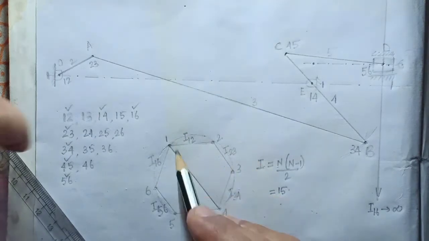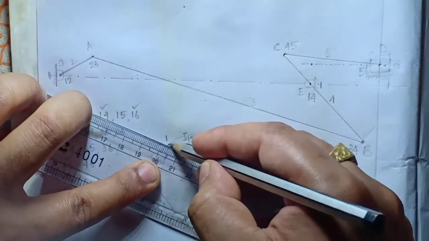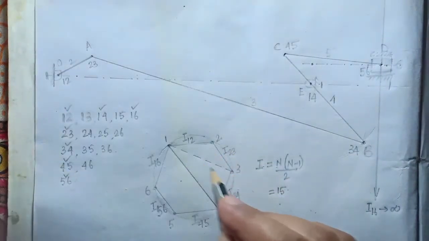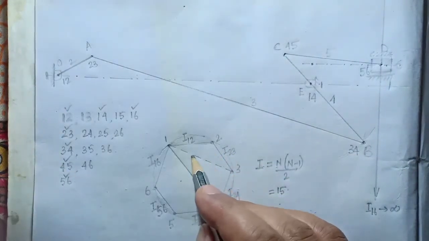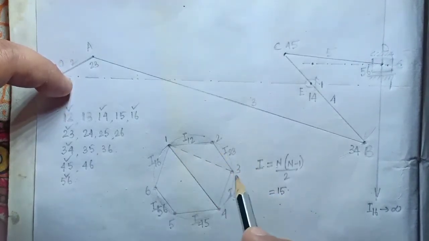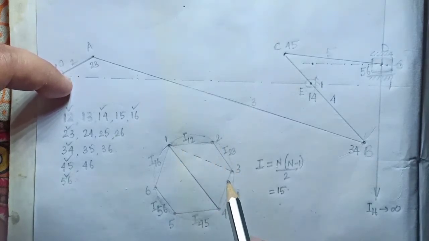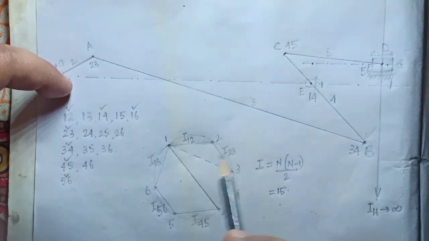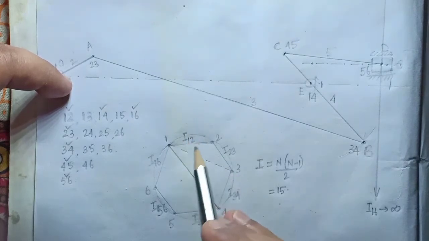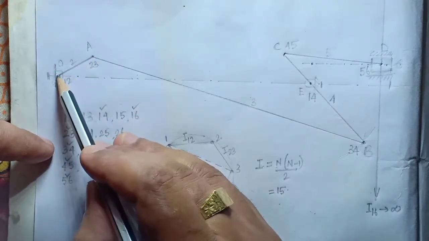Now we need to find I13 first. So join 1 to 3 with a dotted line. These dotted lines symbolize the instantaneous center of link 1 and link 3, I13. Now how do we move from 1 to 3? There are two paths: first clockwise, second counterclockwise. That is how you can memorize it. First go from 1 to 2, then 2 to 3, through I12 and I23. Here, I12 and I23 are both connected already.